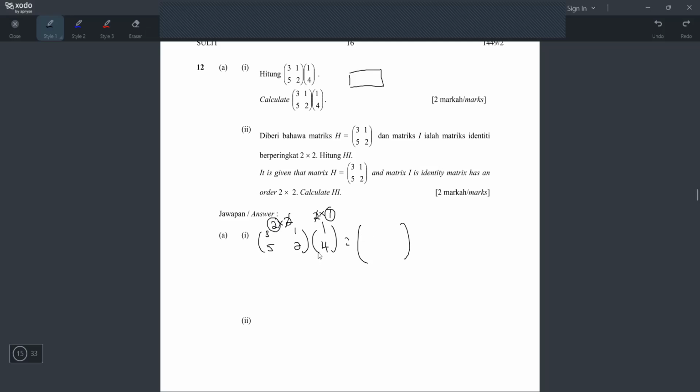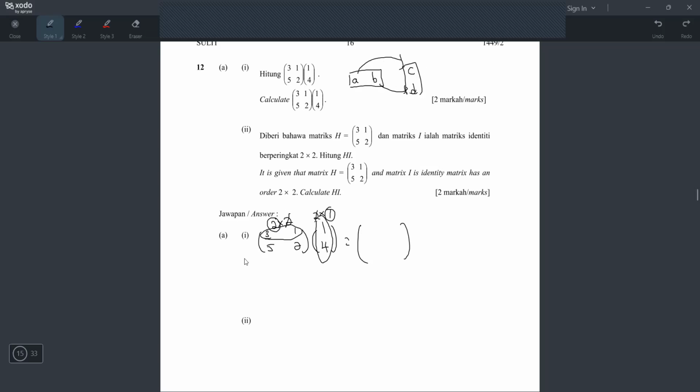Okay, macam mana dapat nombor atas? Okay, do you remember how I teach in class? You kena ambil horizontal darab vertical. Horizontal darab vertical. And if the horizontal, let's say dia ada macam ni, AB, and then your vertical have CD. You wajib, you must take siapa darab siapa. A darab C, B darab D. Mesti buat macam tu. Tak boleh A darab C, A darab D. Siapa buat macam tu salah. Dia mesti A darab C, B darab D.